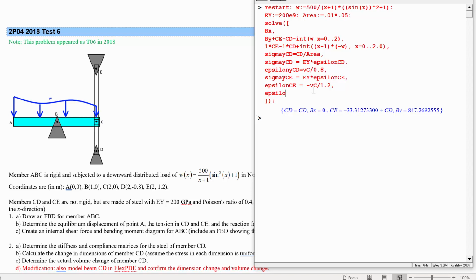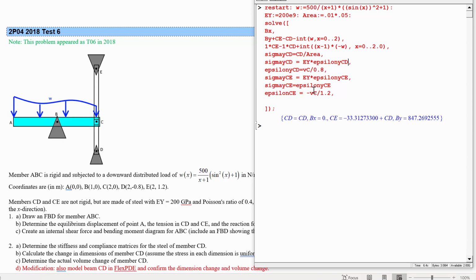Finally, epsilon, we can relate the strain to the stress, just like we did for the other bar. Epsilon CE is related to sigma y CE. I guess we want to call this epsilon y. Yeah, make sure we've got the same variable names. Epsilon CE, and that's related to sigma CE by the